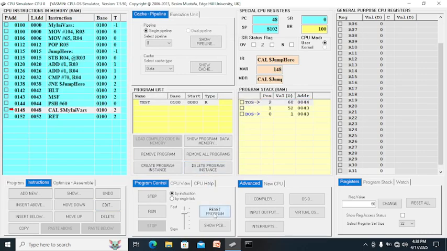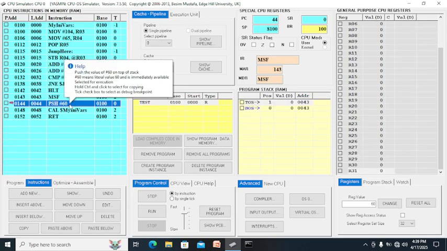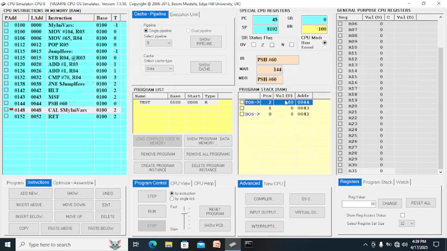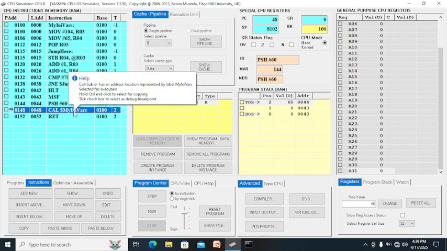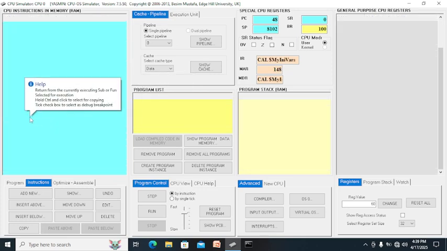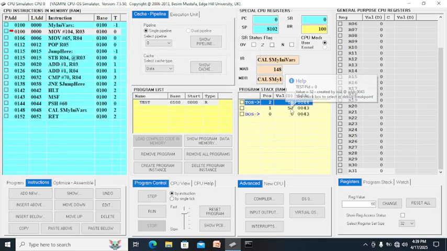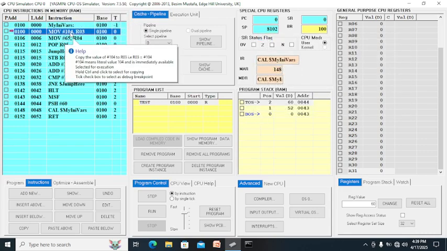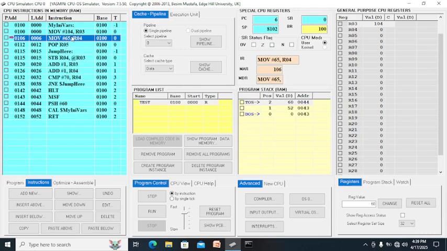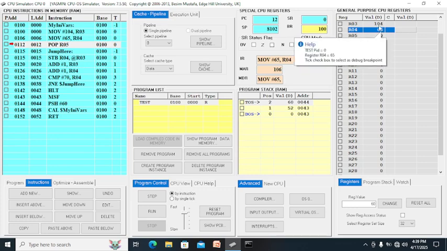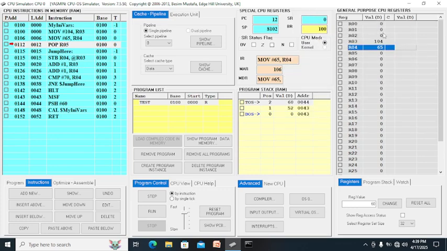Okay, we reset the program. Once you mark the stack frame, push 60 on top. Then once you call this my ini bar, it will record the return value 52 here, the calling function. For every calling function there should be a return, and it will run move, then move, so it will assign the value here in R04, see, in R03.